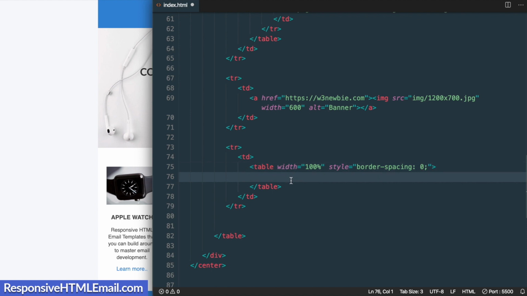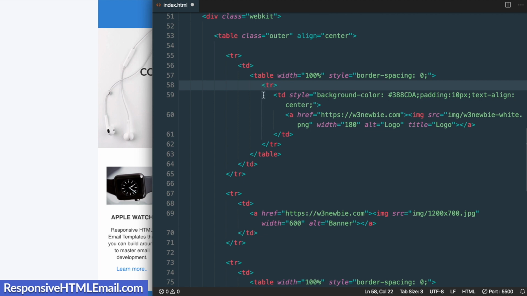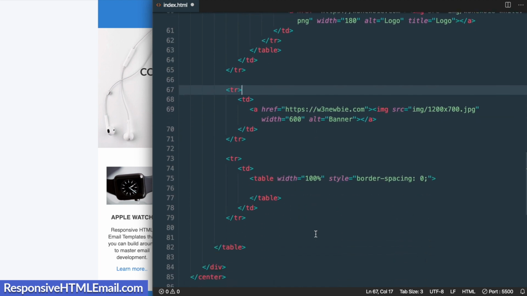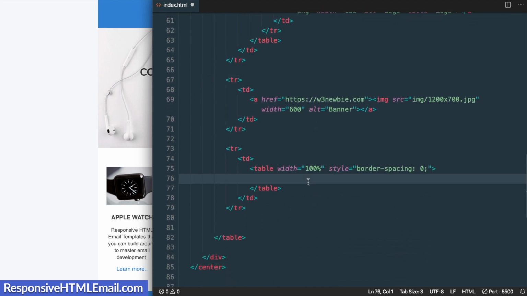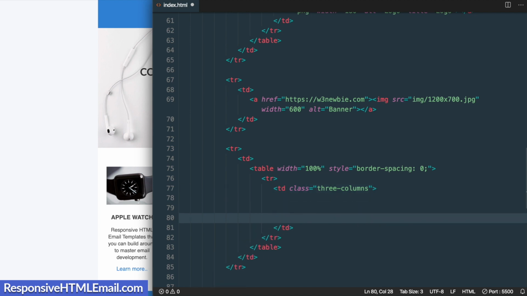And then inside of this, similar to the first section that we added right here, we're going to have a table row and table data tags inside of that. And we're going to set a table data tag, which will nest all 3 columns inside of it, and then we'll need to add a new table inside of that for each column. So we're going to add trtd, and we're going to give this a class called 3columns. And once we have the table data tag set for our 3columns class, which will wrap around each of the 3 individual columns, we'll need to add